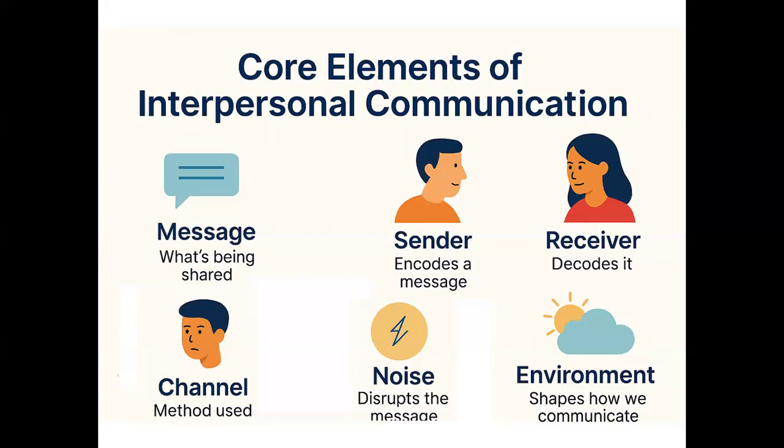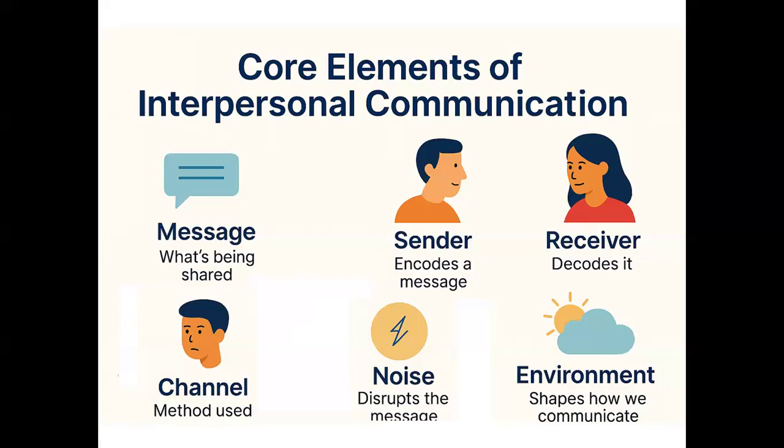And then there's typically noise in an environment. And that could literally be noise, like there's stuff going on around and you're trying to talk while there's a jackhammer going in the background. That would certainly make it hard for us to communicate. But noise can be a lot of other things too, right? They can just be what's going on in the environment you're in, whether that be emotionally, whether that be physically. And so noise is anything that sort of obscures the message as it travels through the environment.